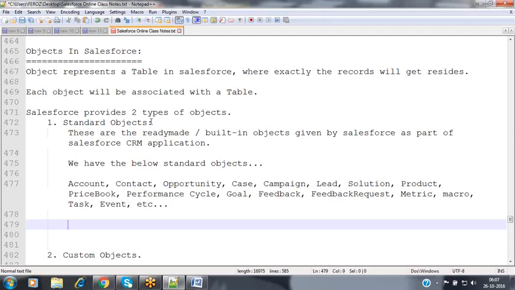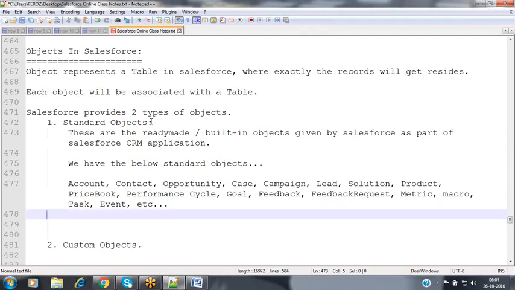Now, whenever you are building your own application, not only using the standard objects, there might be some situations where we need to go beyond those. We need some more custom objects, which are not available ready-made. For example, I want to store my bank account details. Salesforce is not only offering the Salesforce CRM application, they are providing the Force.com platform also.